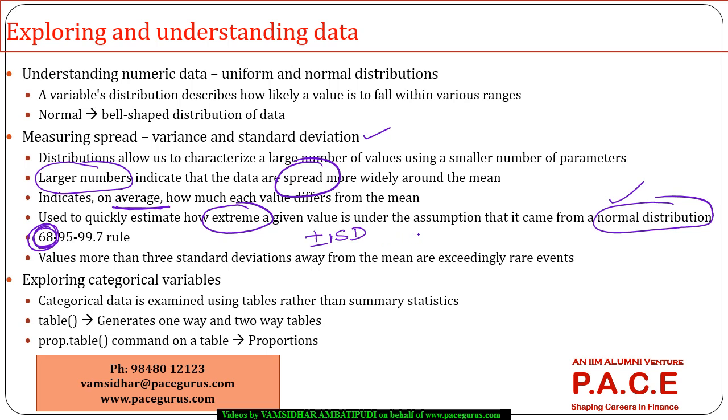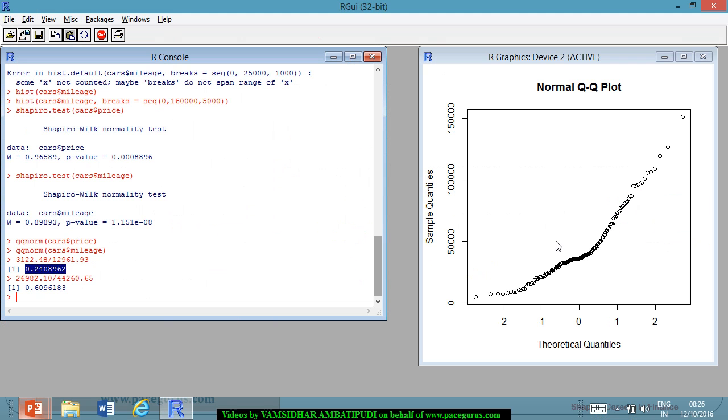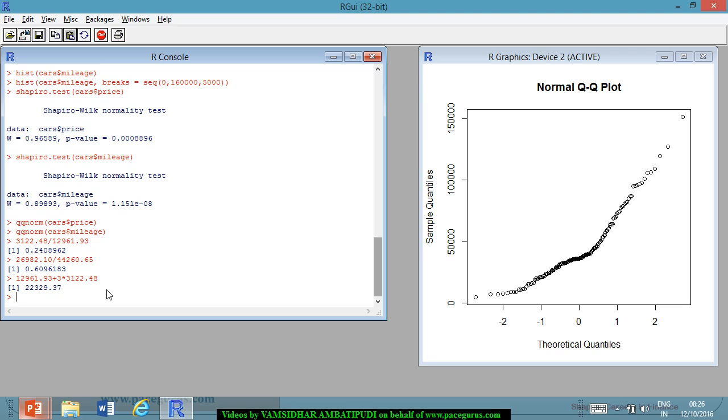Similarly, 95% of the observations will lie between plus or minus 2 standard deviations of the mean, and 99.7% of the observations will lie between plus or minus 3 standard deviations from the mean. So in this case, this is the mean plus 3 standard deviations, 22,000, and if I take the minus,